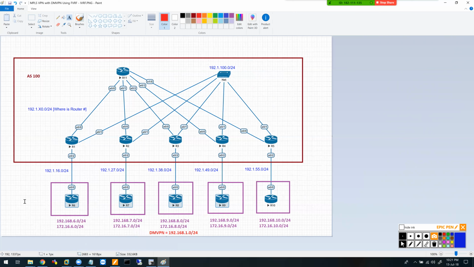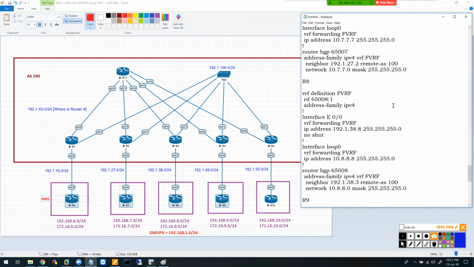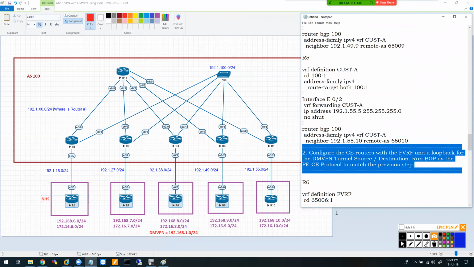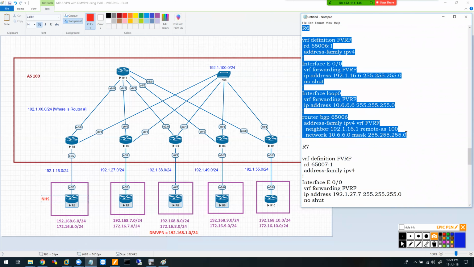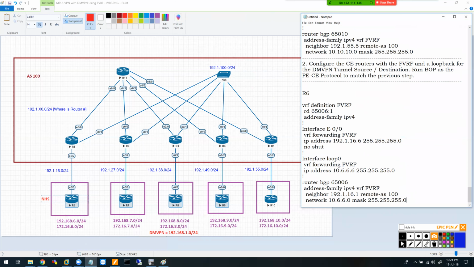With this guy being the NHS, I'm running DMVPN in phase 3. That's my objective over here. So the next hop server is going to be that. To set that up, that's going to be my next step over here. Step 3 now. So step number 3